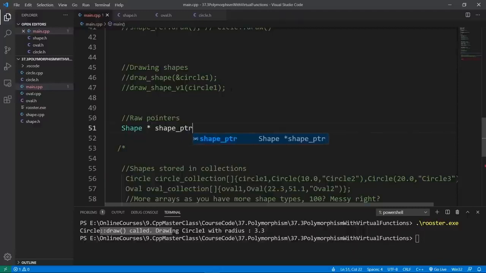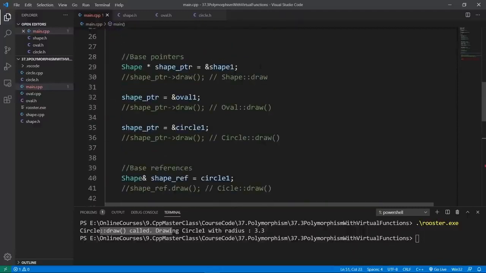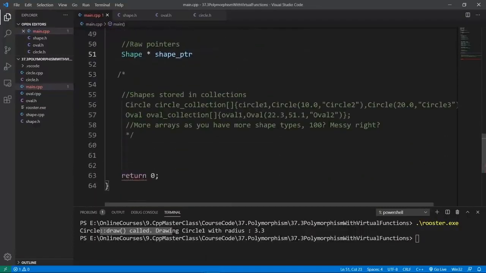We're going to say shape PTR. Do we have that on top here? Let's see if we do. Yes, we have shape PTR. So let's say shape PTR and pass it an oval object. We're going to pass an oval again, and we're going to pass the address of oval1. This is going to do